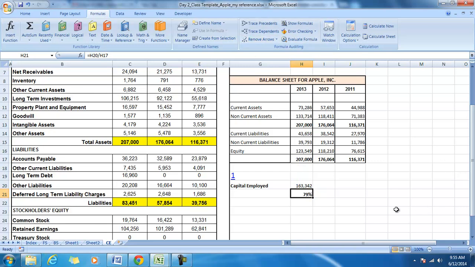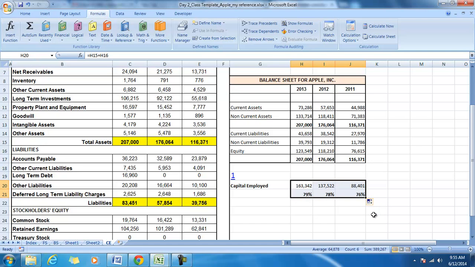In other words, the company is using long-term sources to the extent of 79% of the total sources. This is the case with the previous year also. Let us observe that over a period of time, the long-term sources account for more than 75% of the total